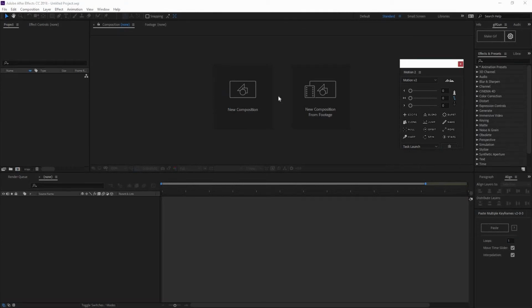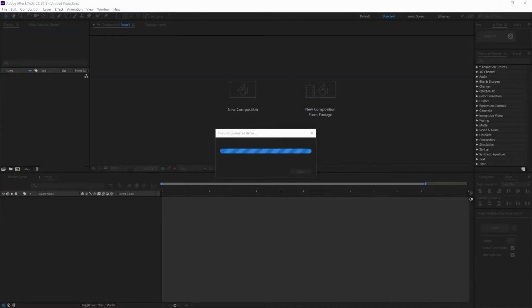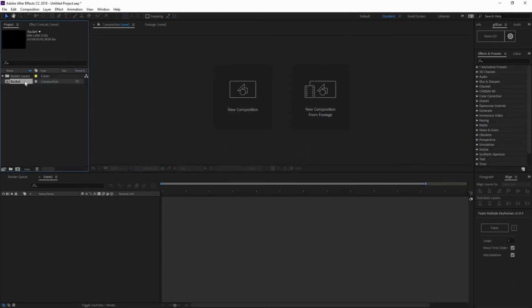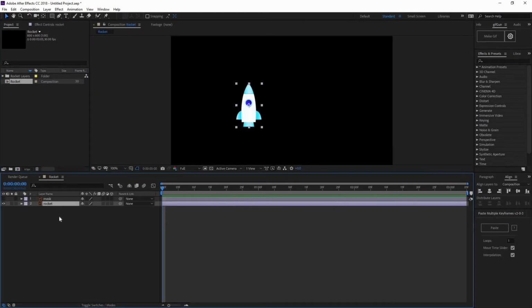So we're only going to open the After Effects. And here in Project, I'm going to double click and I'm going to go and find that rocket Illustrator file that I just created. This window is going to appear. Here, make sure that you select a composition and your footage dimensions are layer size. Now you cannot see anything here because the mask is on top,